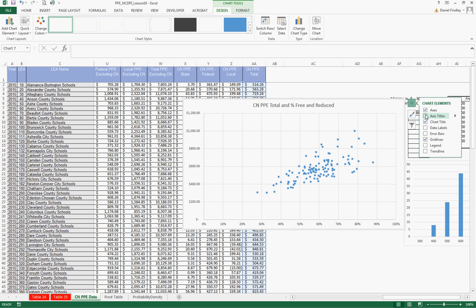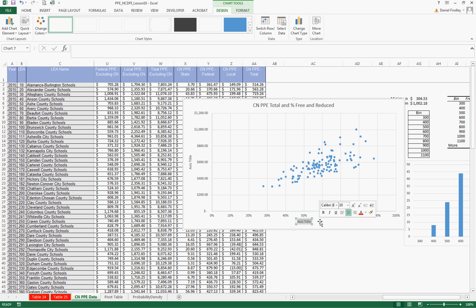I also prefer to add titles to each axis. So we have on our x-axis the percentage of free and reduced students, and that's for each LEA. On the y-axis, we have the total child nutrition per pupil expenditures, and I might also adjust this title to call it LEA, make sure that it's clear that the information we're providing is based on LEAs, local education agencies,